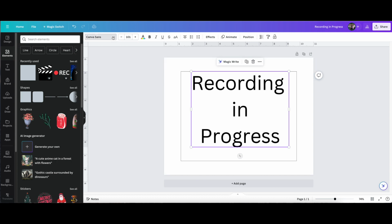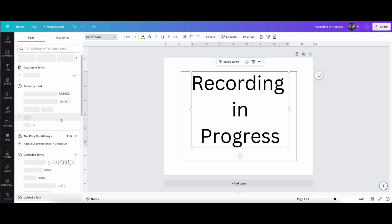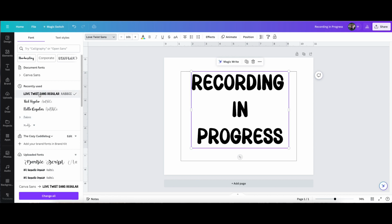So I'm going to go up here to my font. And I'm going to use Love Twist Sans. I got this font from Creative Fabrica, and I will leave a link to Creative Fabrica down below in the